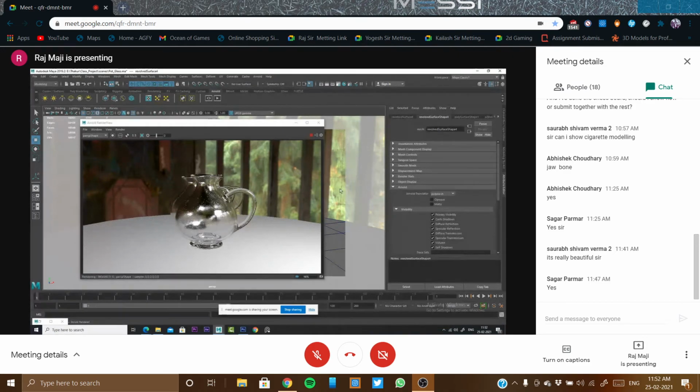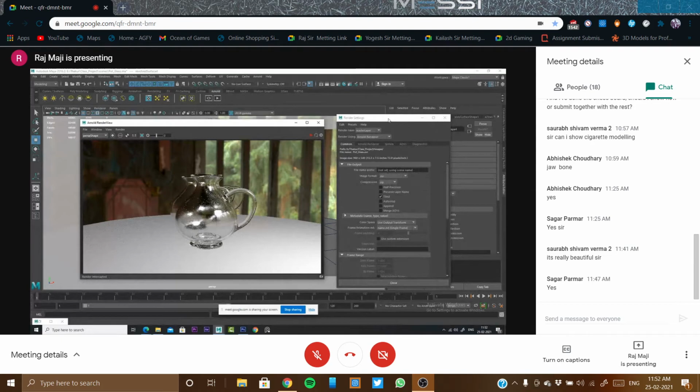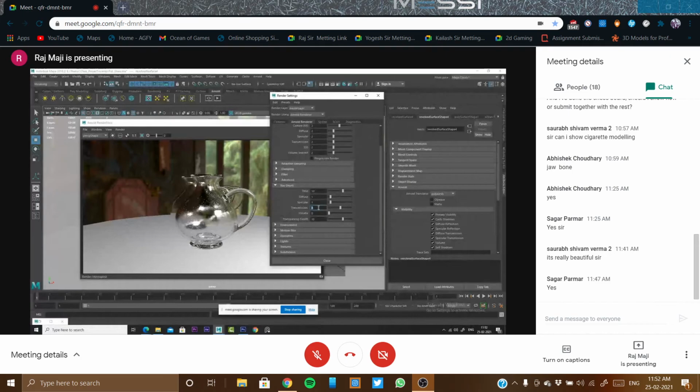anytime Maya can crash. Actually, just stop it. Going to Arnold renderer, and we talk about this transmission. So all these transmission pixels are coming. If we increase the transmission value, we are going to get a very clean result. Now going to the ray depth. Last day I was talking about this transmission. Okay, so it is 8. So if I make it 1, let's check what will happen.